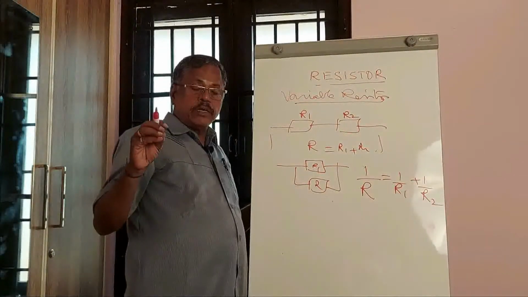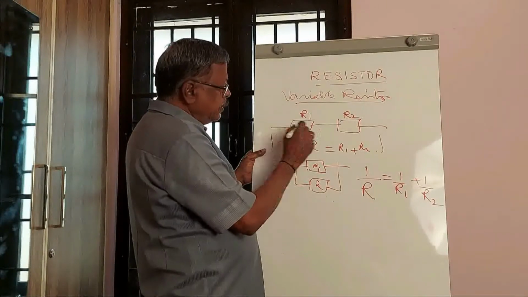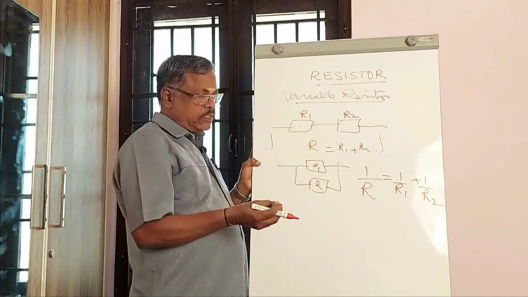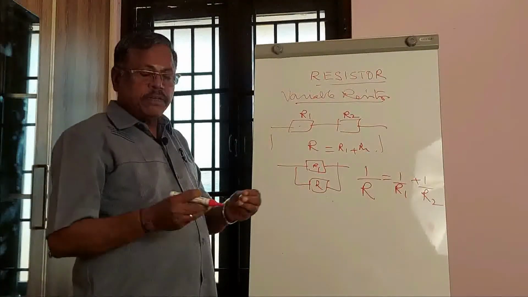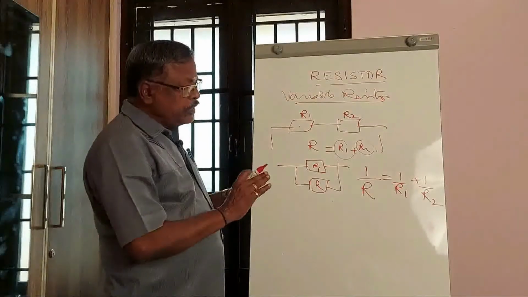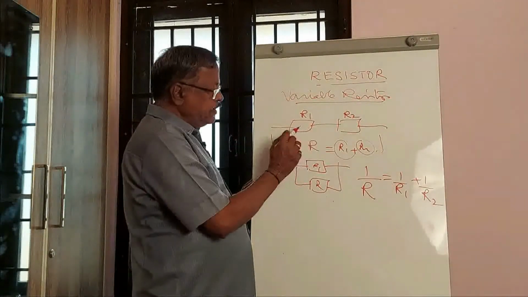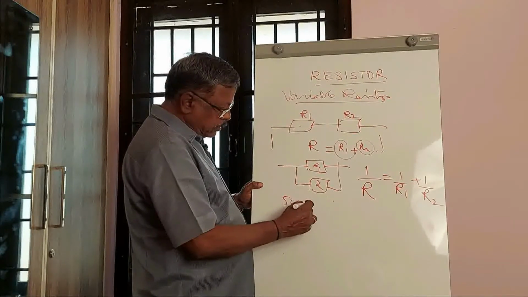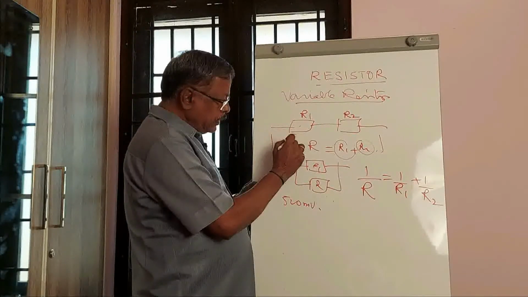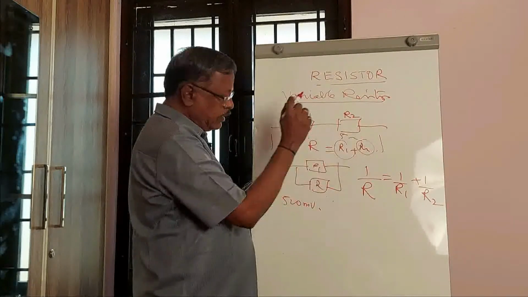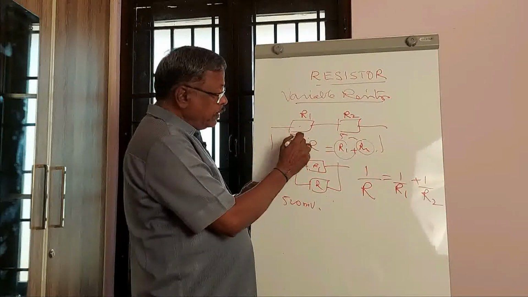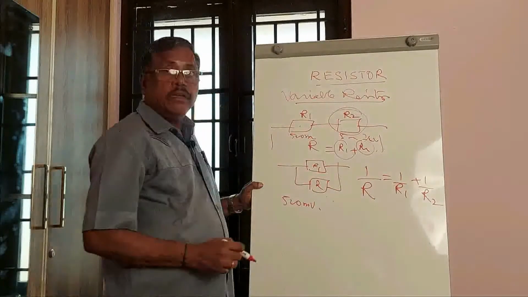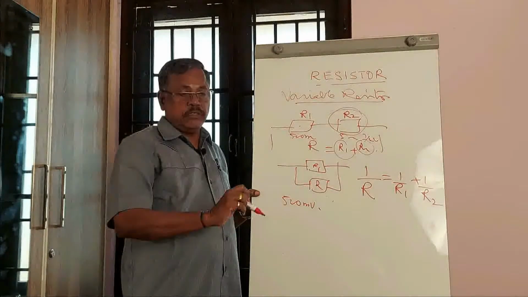And then you should understand one more thing. When you are not able to find a particular value of a resistance, you can connect two resistances. But when you do it, you have to be very careful. Suppose you think that the power is going to be dissipated as 500 milliwatts, you have to put 500 milliwatts here as well as 500 milliwatts here. You cannot put 500 milliwatts here and 1/4 watt there. What will happen is, this may fail in the duration.